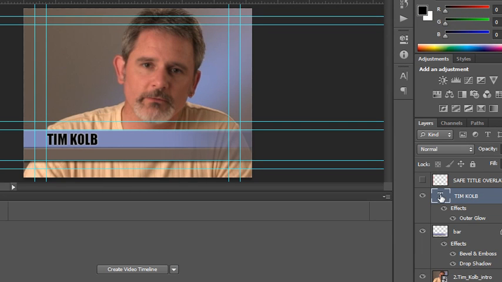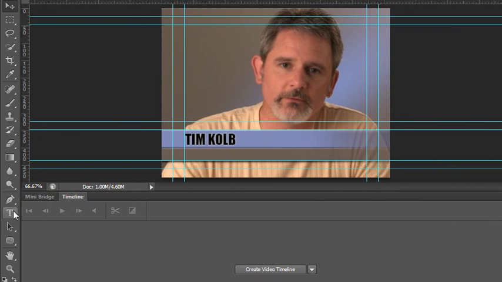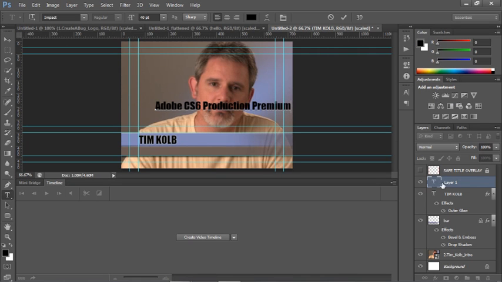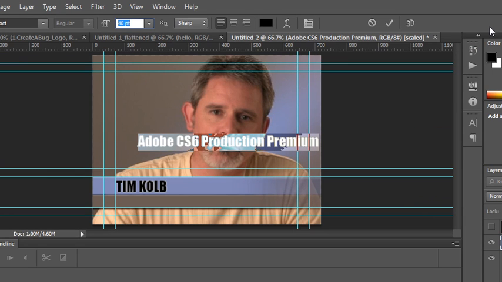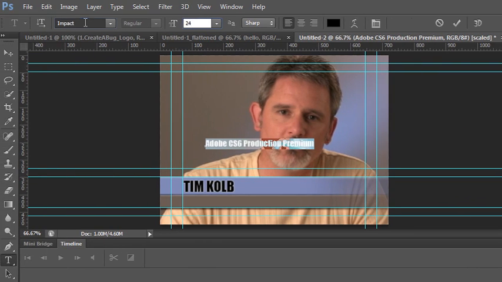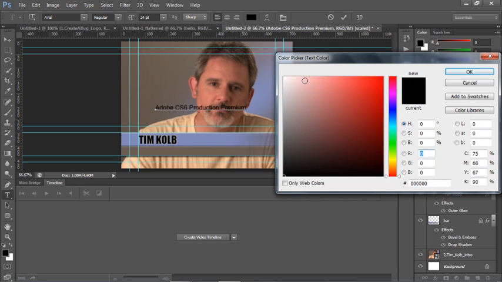Now when you have a type layer selected and you need to add another layer of type, grab your type tool and you would just shift click on screen and that will create a brand new type layer. So for this one, we can type in something like Adobe CS6 Production Premium. And we'll select all of it by double-clicking the thumbnail and bring the font size down. This does not need to be that big, so also let's use Arial. So you can use up to 2 fonts. Let's make the text white